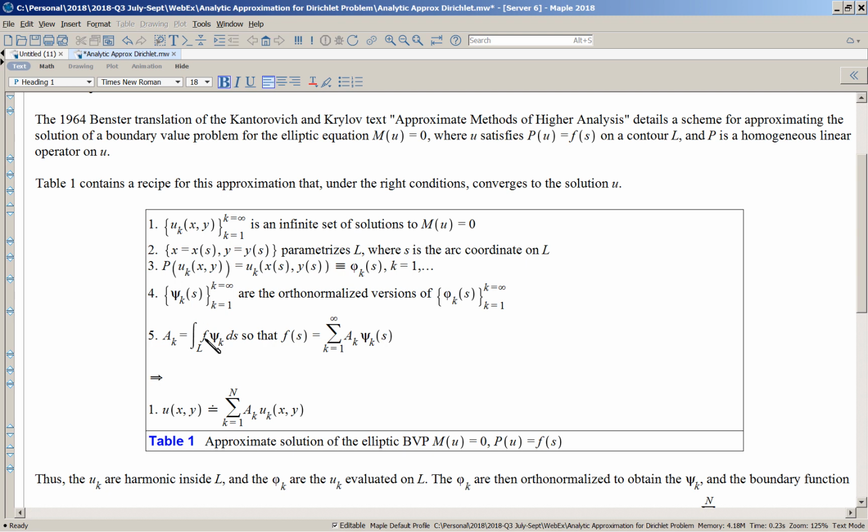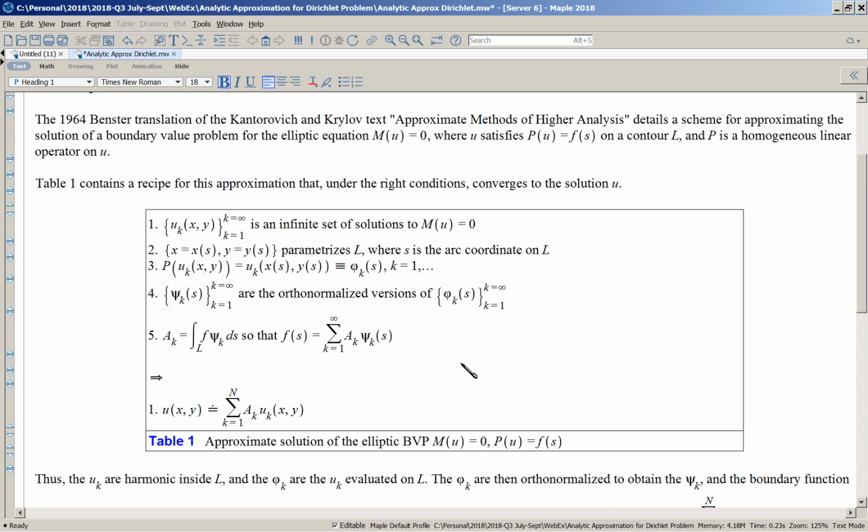Expand the boundary data function in a series using these psi functions. So the coefficients would be these integrals. Then use those very coefficients in a series expansion of the solution you're looking for in terms of these harmonic functions. So I ran across this in Kantorovich and Krylov and looked at their example, which they painstakingly implemented by